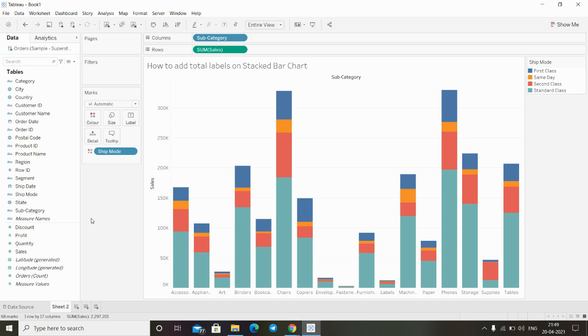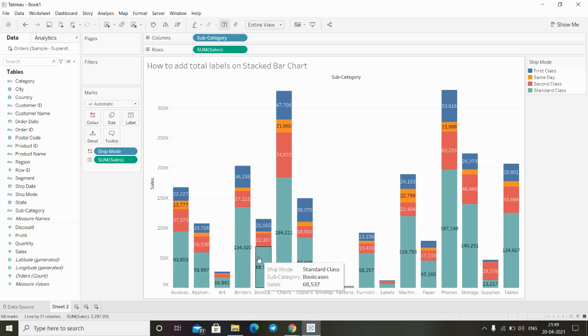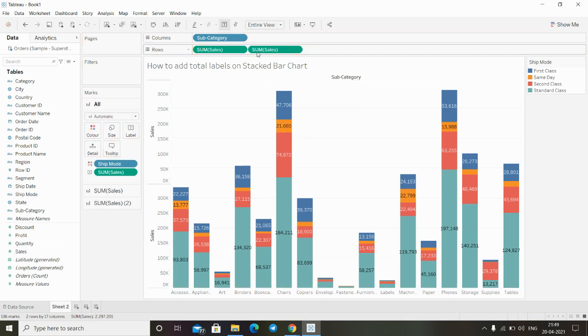So if I take the sales field and drop it onto the label, as you can see, the sales of each mode is showing onto our bar, but it is not showing the total sales. So in order to do that, I'll just take the sales field again and I'll drop it onto the row